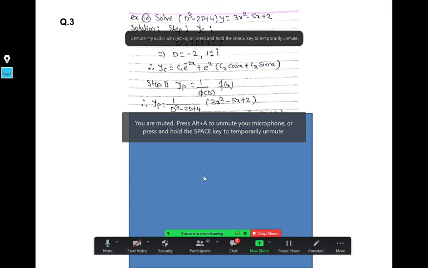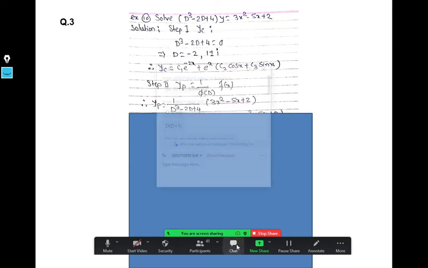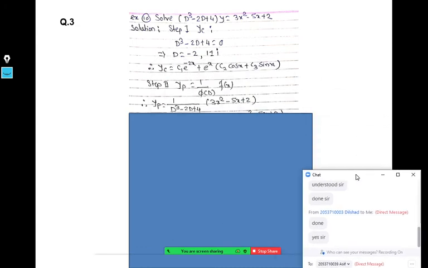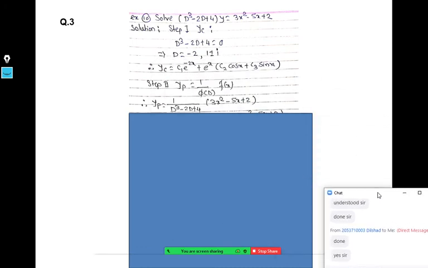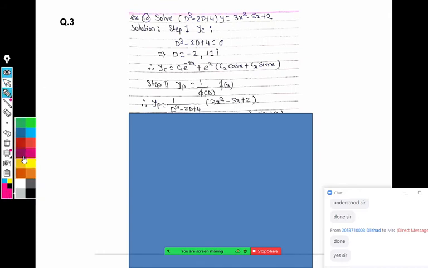Okay, so this is the last question for today. On algebraic equation, the first part is so obvious. Already it is solved actually, but let me show you step by step. The first part is d cube minus 2d plus 4 equal to 0. We have to find all the 3 roots of this cubic equation. Can I show you how to get all 3 roots of a cubic equation?